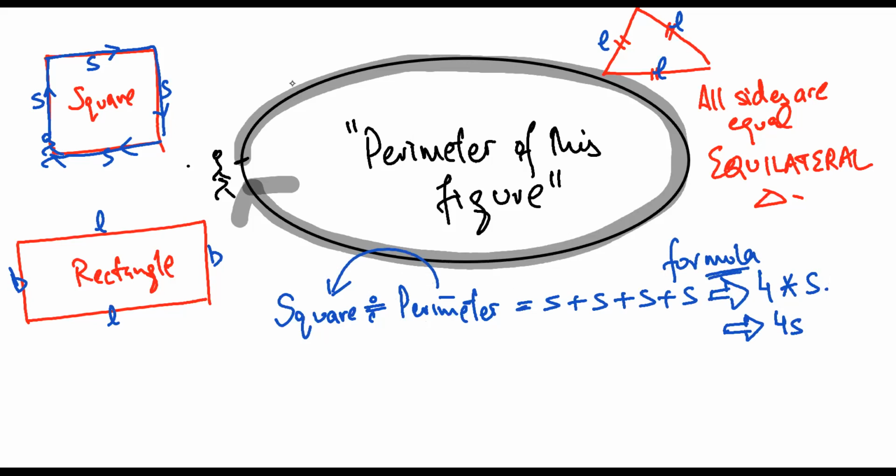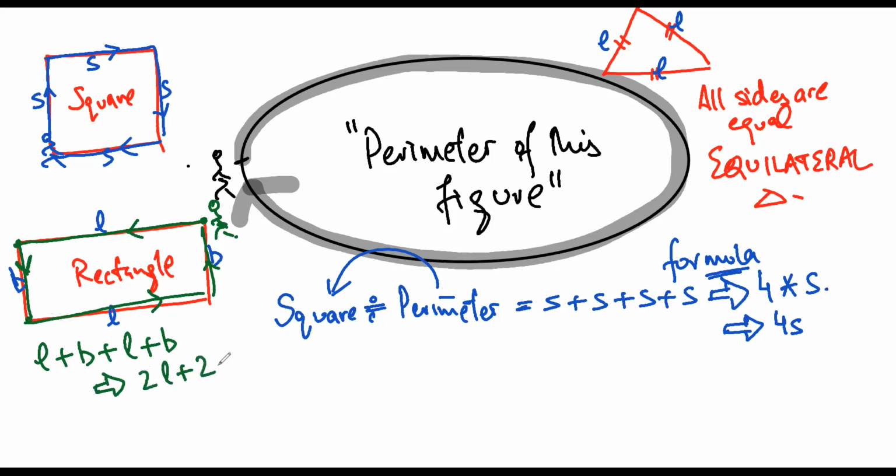Similarly, if I want to understand how to find the perimeter of a rectangle, let us say I want to start from here. So I go 2 into L plus B. Yes, very nice. So I can start from here, then I reach this point, then I go this way, then I go this way, and then I come back. So the total distance that I have covered is L plus B plus L plus B, and you are absolutely right that this would be twice of L plus twice of B.